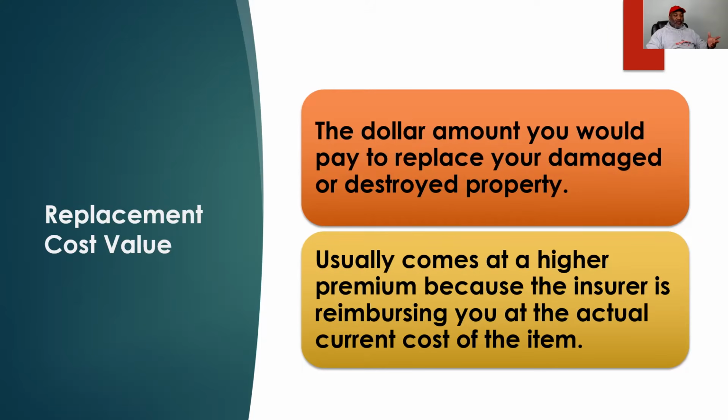I typically use a broker with most of my insurance policies. So I know a lot of times they're going through that pool of policies, trying to find me the cheapest one possible, at a decent value, but the cheapest one possible. So I can see why I was given the cash value. And once I called my broker to tell him what I had found out, he understood, because